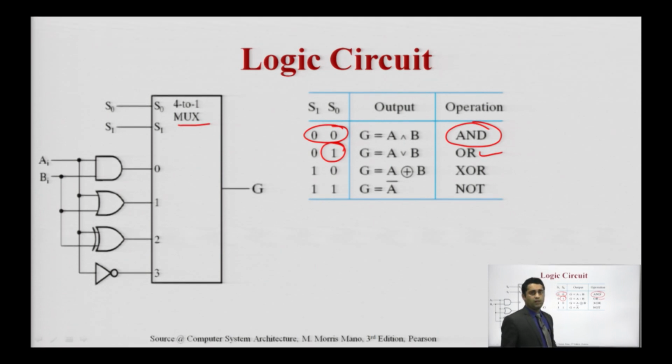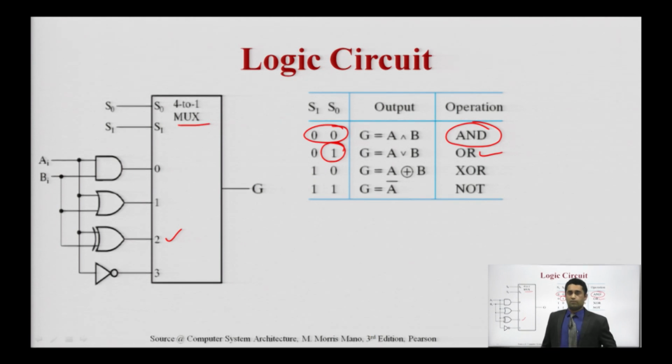The next combination is 1 0, when the value of S1 is 1 and S0 is 0. In this case we are performing XOR, and the next one is the NOT gate. So, here you are seeing the fundamental gates AND, OR, NOT. With the help of these we can derive any circuit. Here the XOR is also used because in the mux the combinations are in powers of 2, and minimum 4 combinations are required to perform 3 operations. So, the added one is the XOR, and this is favorable when we compute large calculations.